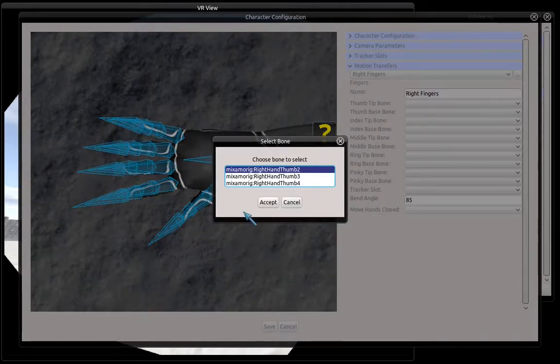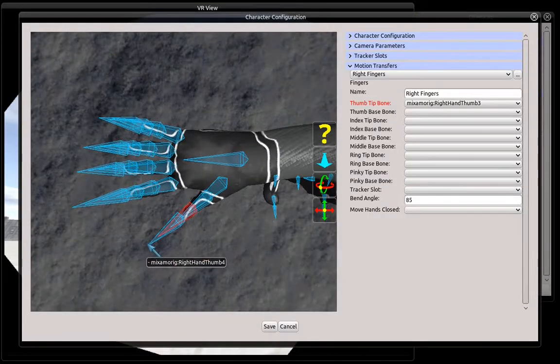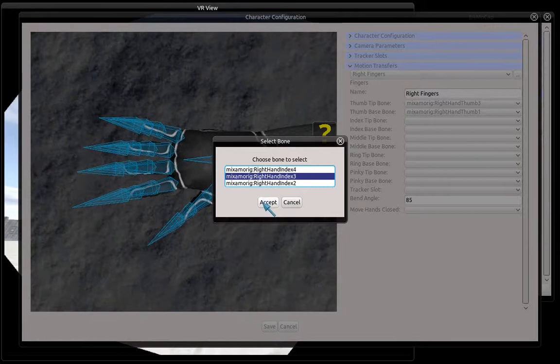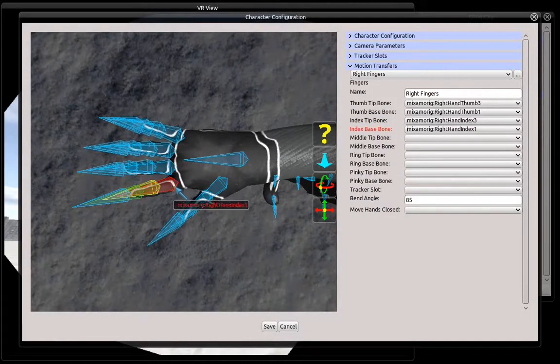In this case, we used the number 3, because the number 4 is this end bone, which you sometimes find in the Mixamo meshes. They are useless. So we start with the one behind the tip and we go to the base. So if you have these selected, you see it. Green is the opposite end of the chain, red is the selected bone, and everything that is yellow is part of the chain. So let's do the same for the others, always taking the 3, taking the base,